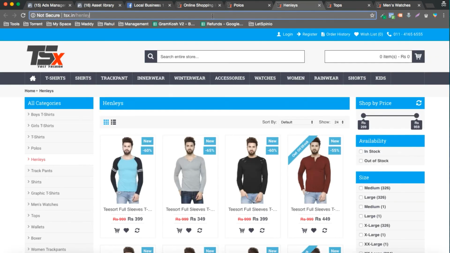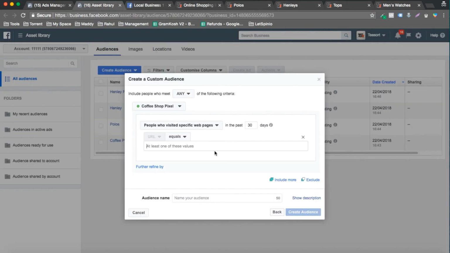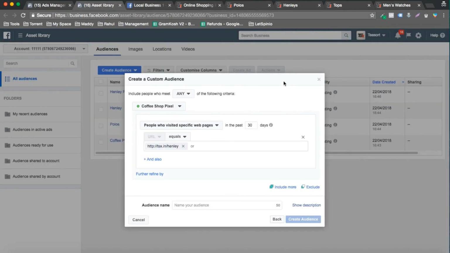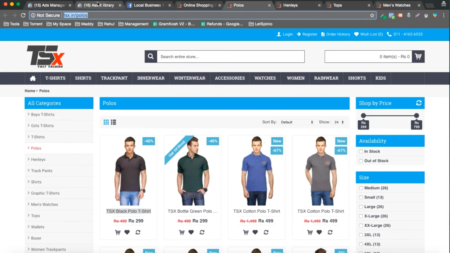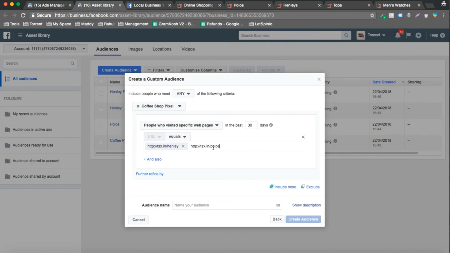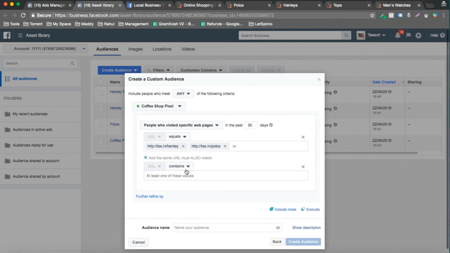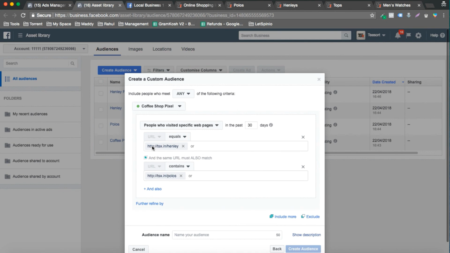Let's say this is your product page and this is your checkout page, and you want to add them both. You can use the AND logic, so the person must have visited this page and must also have visited that page.